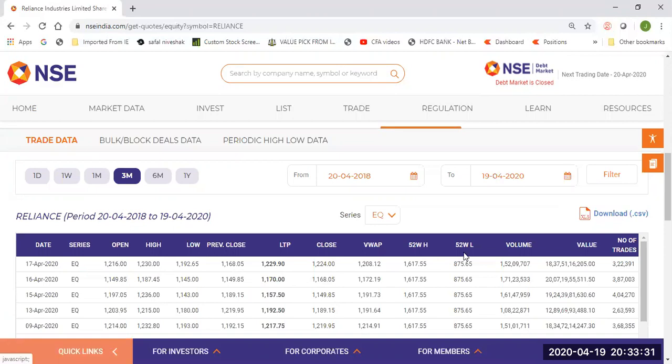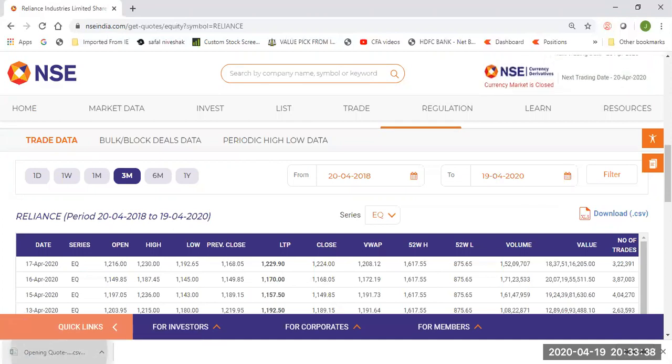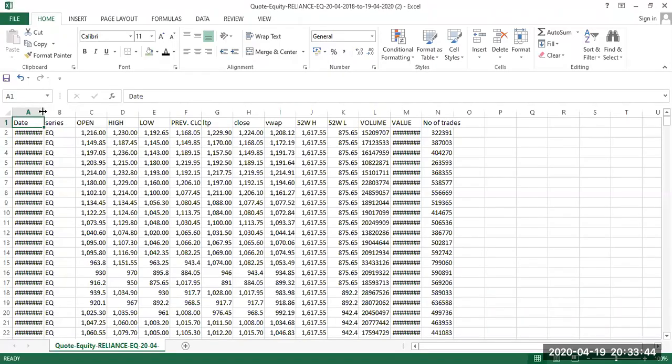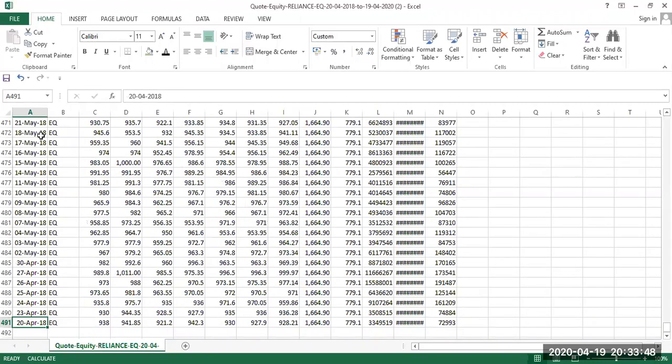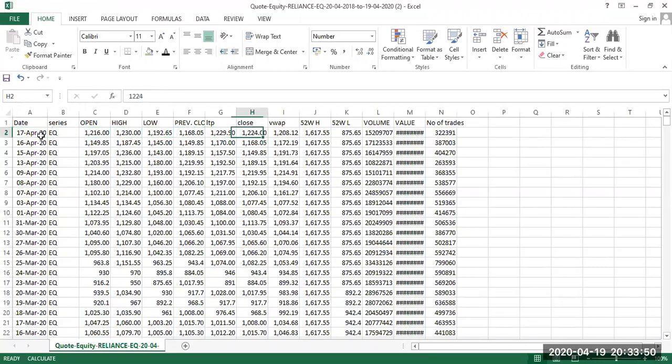I can download this file as an Excel sheet onto my computer, and if I open this file, this is the stock price data from 20th April 2018 to 17th April, and here is the close price of Reliance Industries. This was the cash market price.